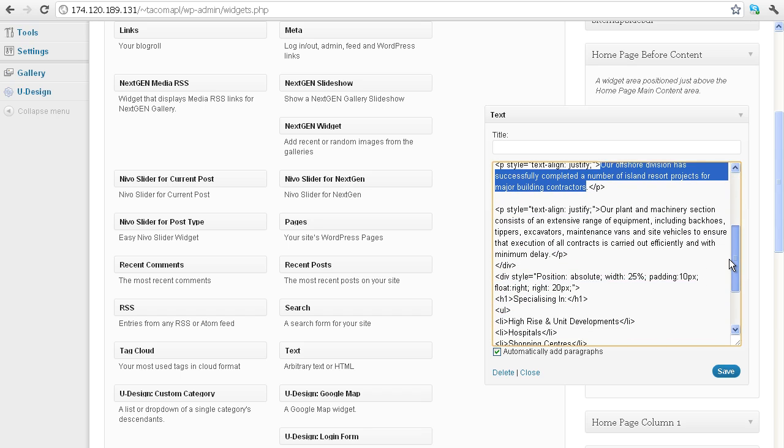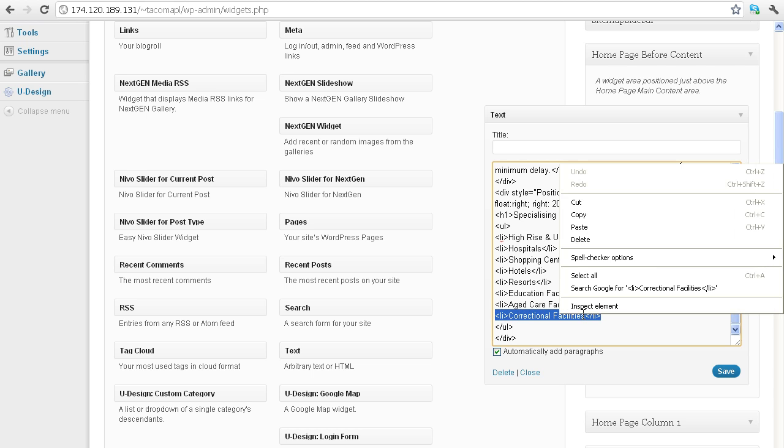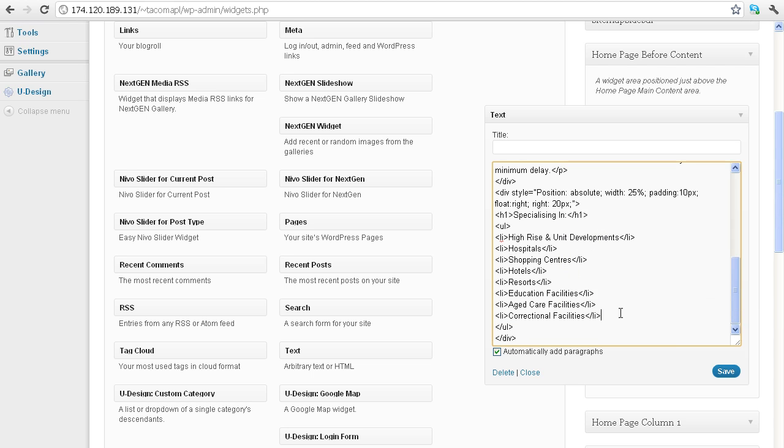If you come further down, here's the list and the headings specializing in. The bigger headings are usually inside a H bracket, which is this bit here, and these are the list items, which are inside an LI bracket. So you can change what's inside the list, or if you wanted to add another one, the fastest way of doing that is highlighting a previous list item, right click, go copy, go to the end of that list item, press enter, right click again and click paste, and that way you've got a duplicate of the one before it. So then you just have to change the text inside,